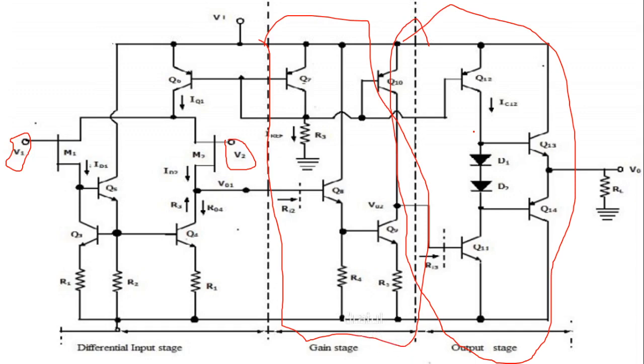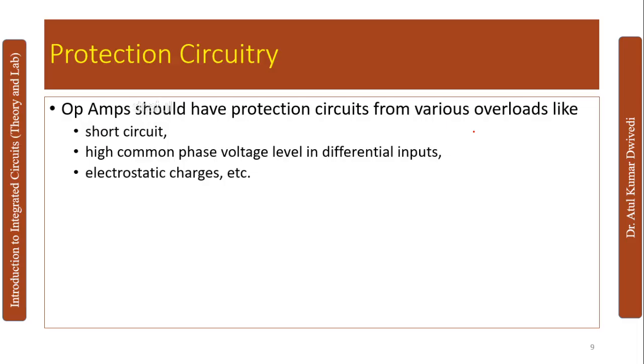Okay. Op-amp protection, because old devices did not have any protection circuitry, but modern operational amplifiers have protection circuitry for overload, short circuit, if there is common mode voltage level in differential input, or electrostatic charges. So this is very, very important, because in the specifications of an operational amplifier, there are maximum limits of allowed voltages on pins. Maximum currents are limited as well. So voltage and current, they both limit allowed dissipated power.